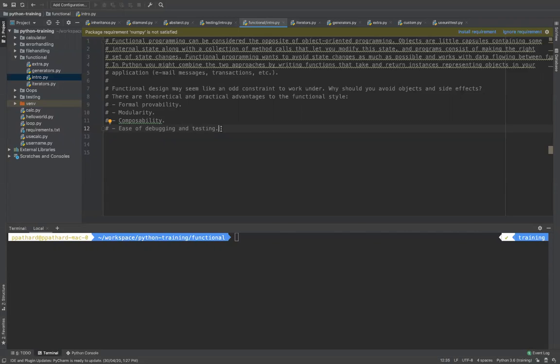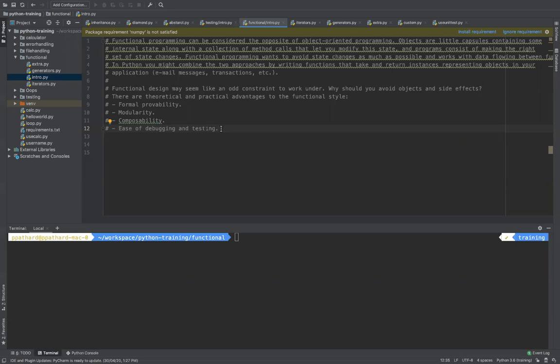One of the advantages is modularity. The practical benefit is that functional programming forces you to break your problem into smaller pieces, and in turn it becomes more modular. You write a very small function that does only one thing rather than a very large function that does a lot of things.